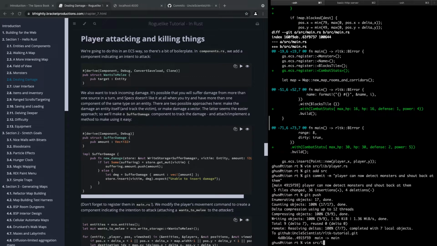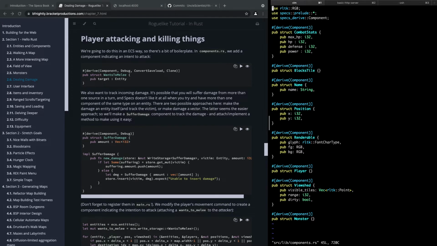Ooh, okay, so that's an interesting concept because up to now, components have been things that we need to keep track of. I guess this is a thing we need to keep track of too, right? But it's not like, so this is combat stats. This makes sense that a player would have combat stats or a monster would. This is a flag style component. It doesn't have anything in it, but if an entity has a component, that means that entity blocks a tile. This is another flag style component,